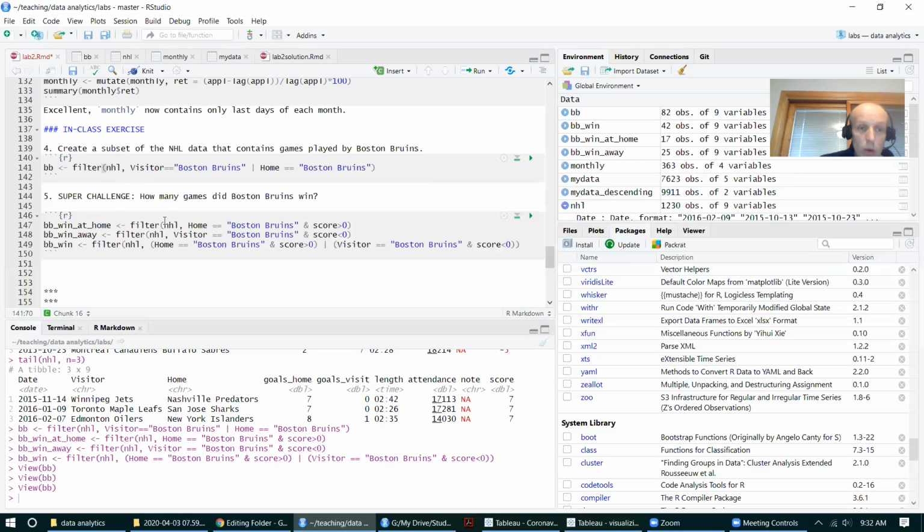Wins at home, I'm going to filter on home equals Boston Bruins, and the score is greater than 0. That's going to give me the number of wins Boston had at home, and that was 17 wins in the 2016 season. And wins away, that means visitor team is Boston Bruins, and the score is less than 0, because